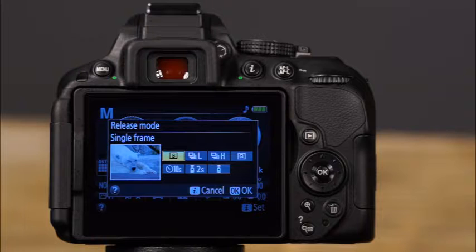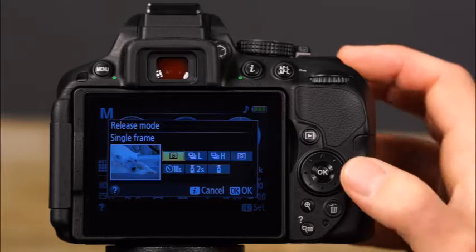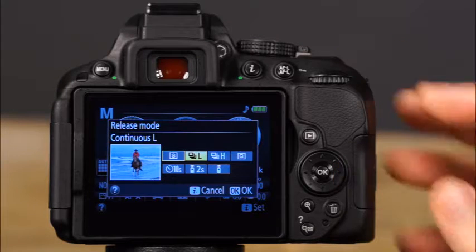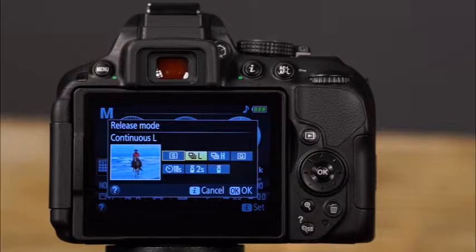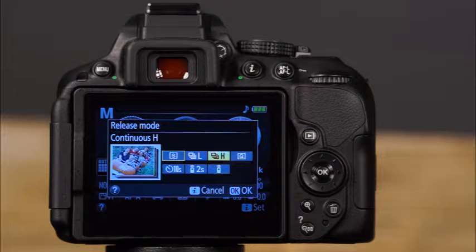on the LCD monitor. In the single frame release mode, one picture will be taken when you press the shutter button completely. This is a good mode for stationary subjects. The continuous low speed release mode will record up to 3 frames per second while the shutter button is pressed down completely. The continuous high speed release mode will record up to 5 frames per second while the shutter button